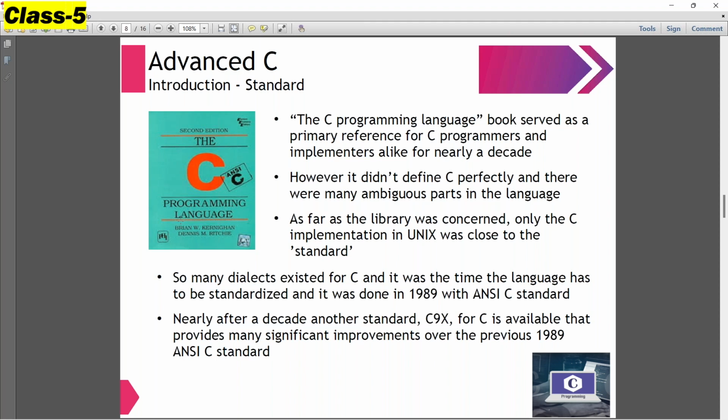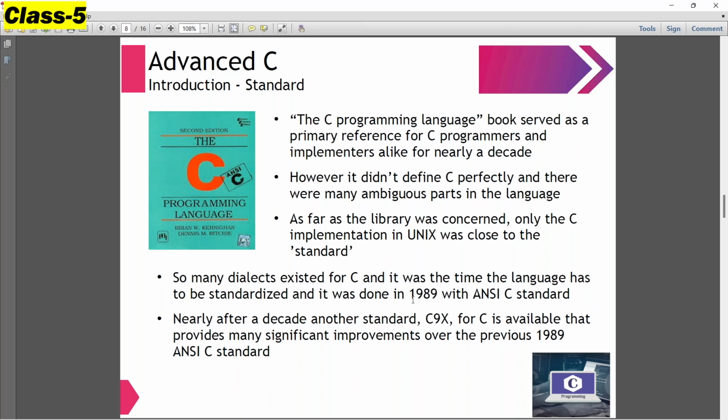So anyways, that was an efficient language, but again, there is something to refer to, there is something to handle it, isn't it? So that was the failure part. The book was not a perfect one. So this continued for years, and later in 1989, the ANSI,